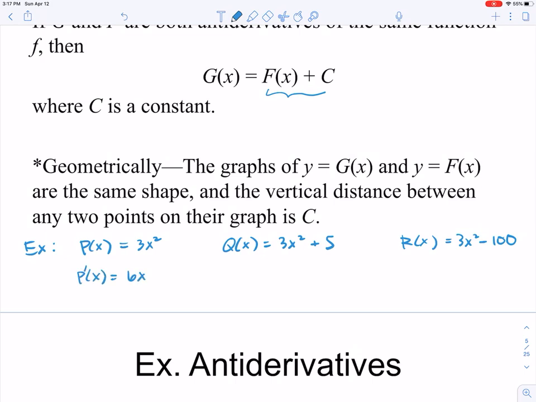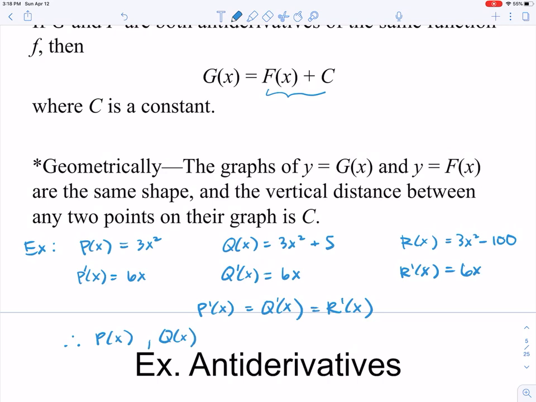And if we find the derivative of each of those functions, p prime of x, q prime of x would be 6x, and r prime of x would also be 6x. So all three of those functions have the same derivative, right? We can say p prime equals q prime, which also equals r prime,